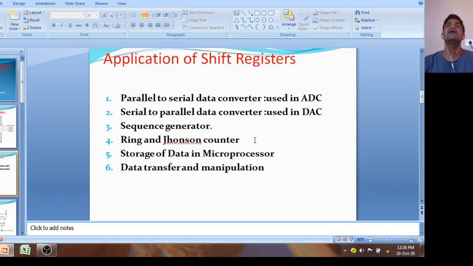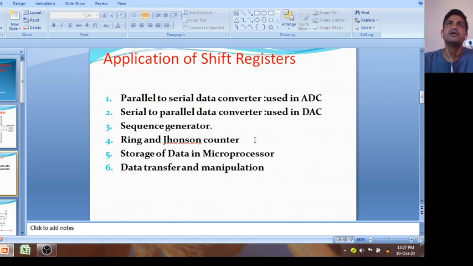Next, data manipulation. Okay, suppose you have to perform any operation such as arithmetical or logical operation, or you have to shift the data from left to right or right to left. In that case again registers are used. You know, when we left shift the data by 1, it means multiply by 2. If we left shift data by 2 bits, it means multiply by 4. Okay, I think you are already aware of this operation.